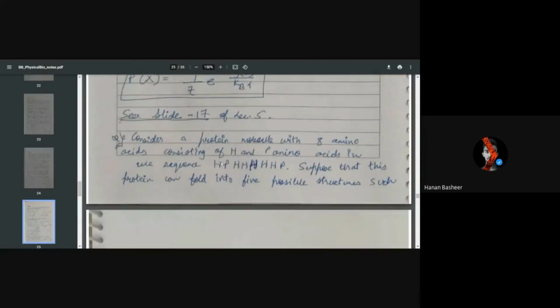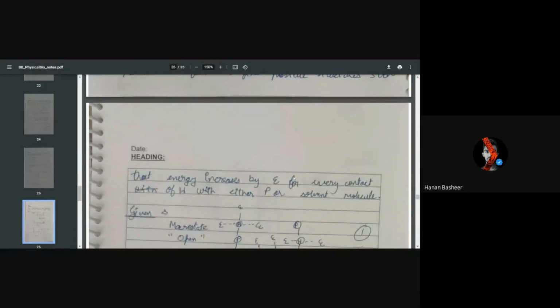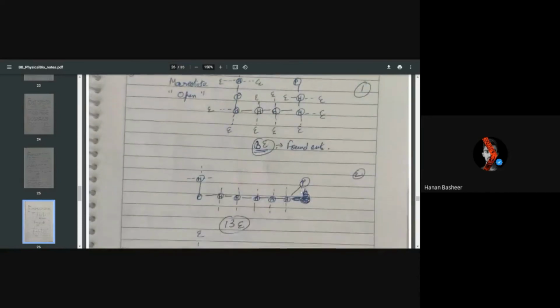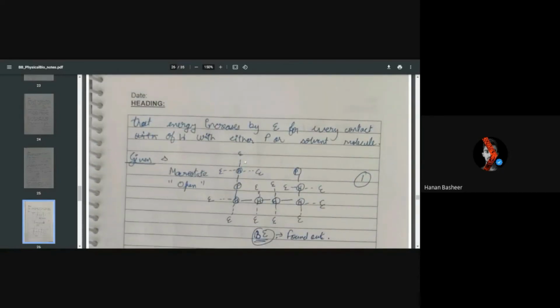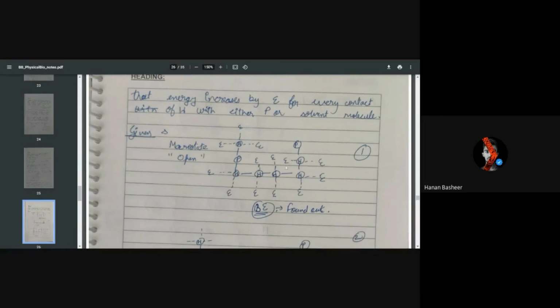Then we have a question where there is a molecule of this conformation, HPHP, and so on. It exists in different folded states like this. It is given that whenever an H is exposed such that it can interact from every direction, then energy E will increase for every interaction. So here the total interactions which we can observe are 1, 2, 3, and so on. So we'll get 13 bondings possible.